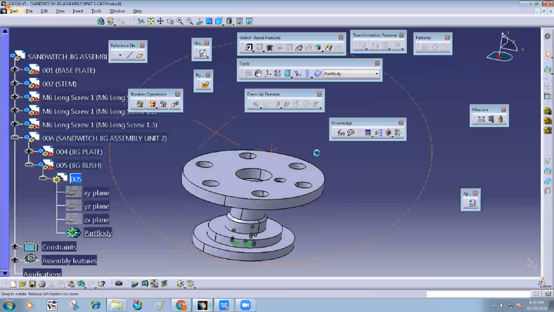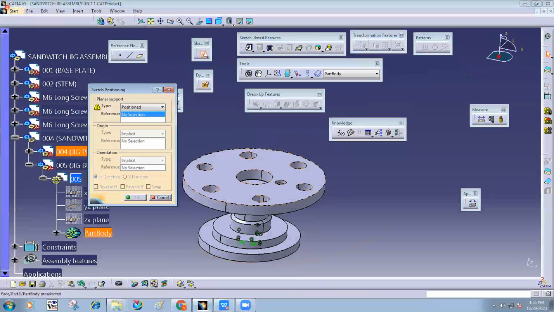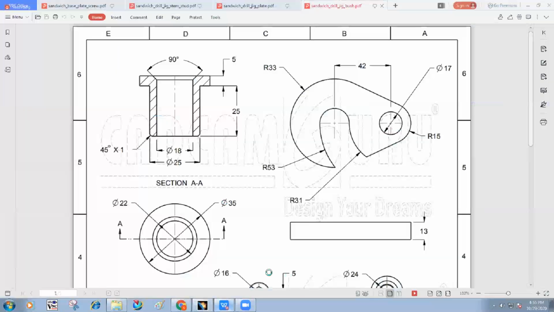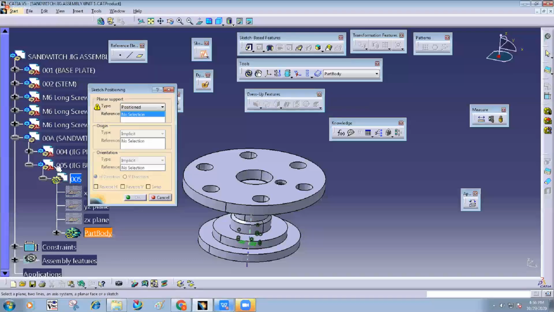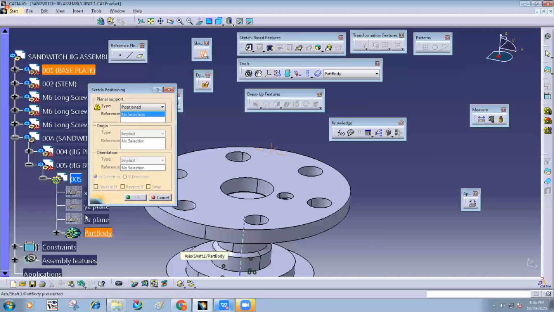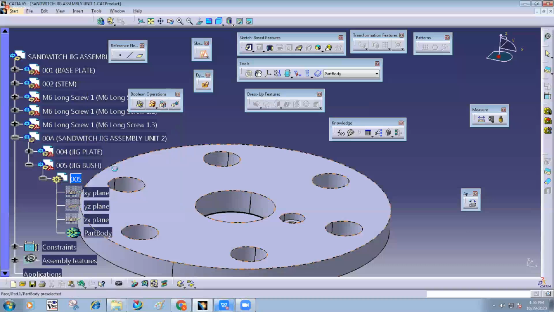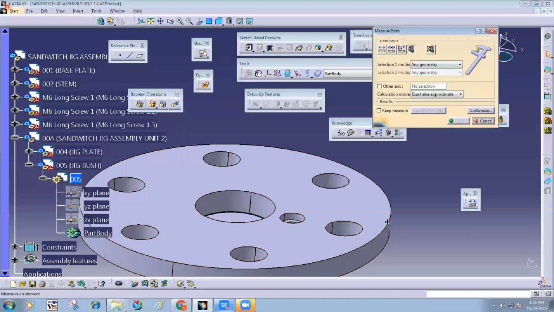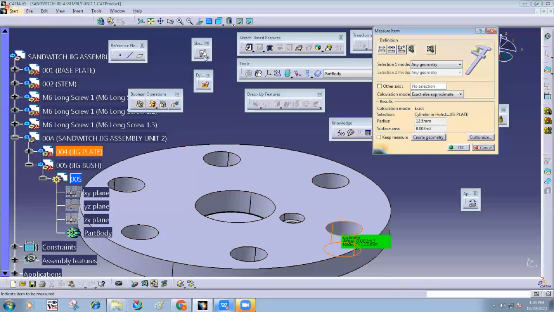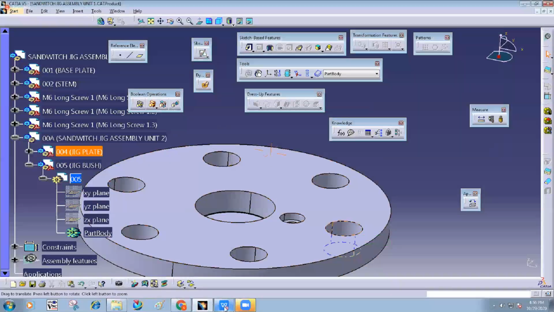Okay, so you take the sketch, that size is given: 25 outer diameter. How much is this size? 25. Diameter is 25, means it gets fitted here.